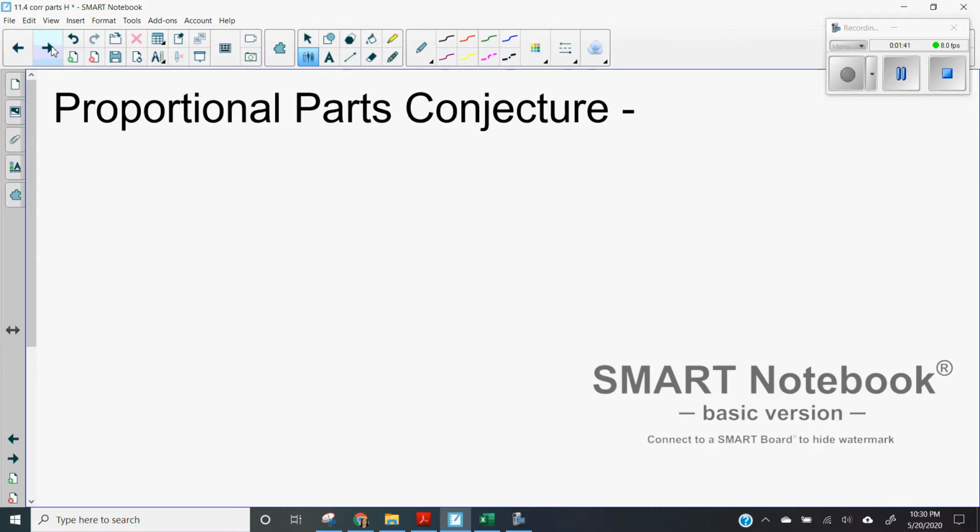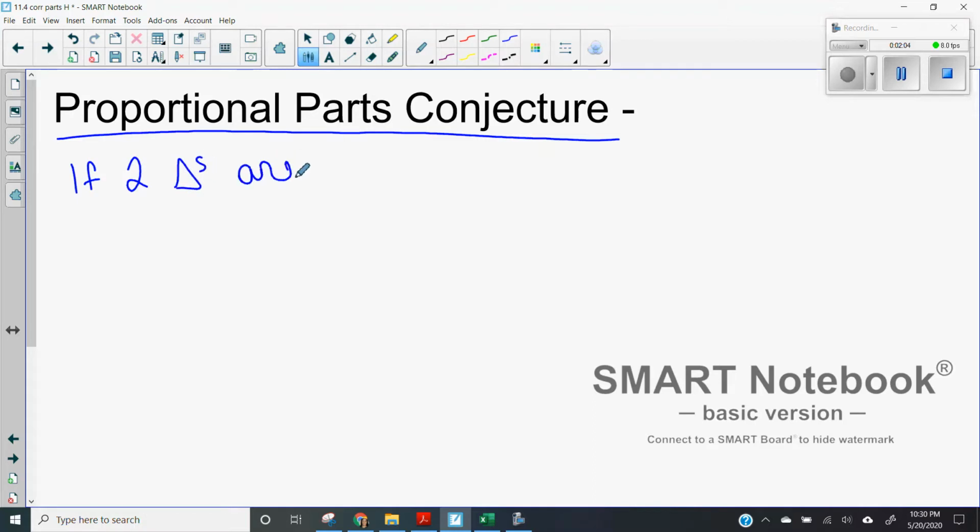Now, not surprisingly, and we're just going to jump right to the conjecture here, we would have spent some time on a little investigation, maybe even constructing them with our compass, but not surprisingly, these segments follow the same relationship as the sides in that they are also proportional. Okay, so if two triangles are similar, we'll use our new symbol here. If two triangles are similar, then the lengths of,